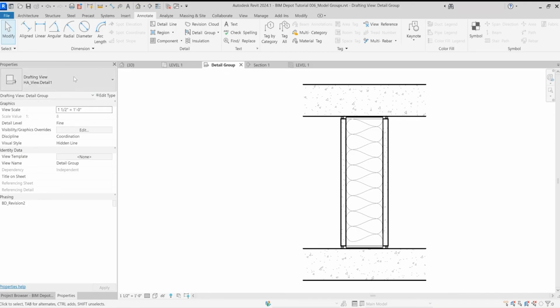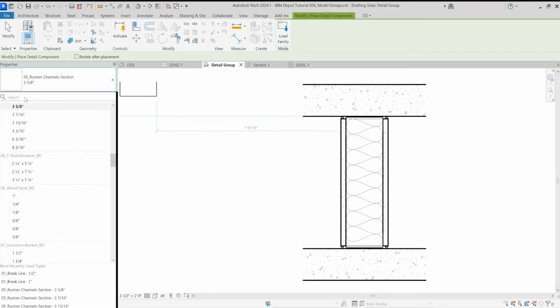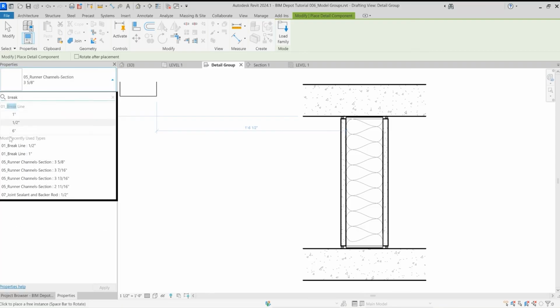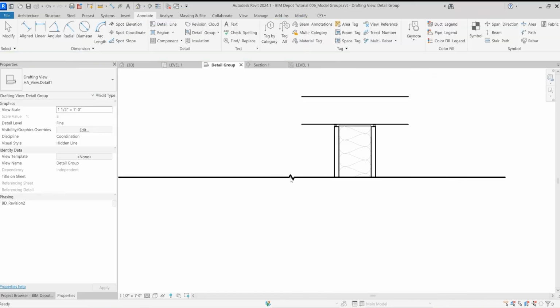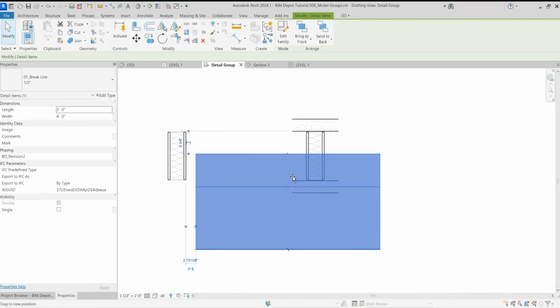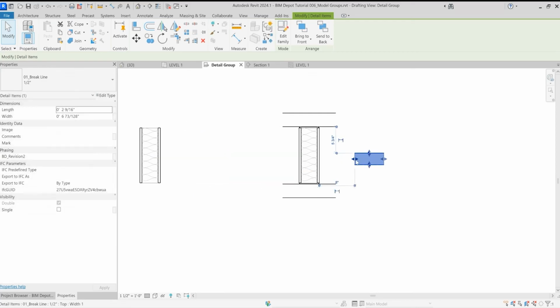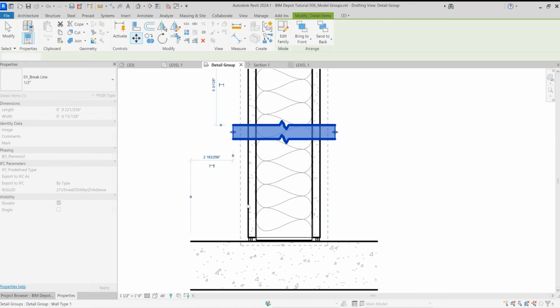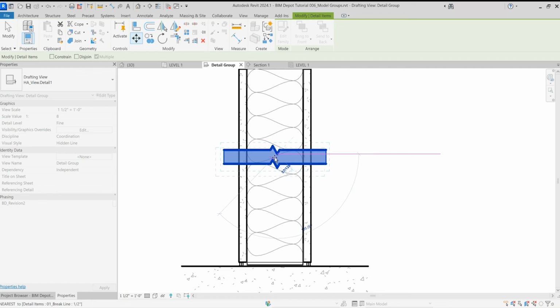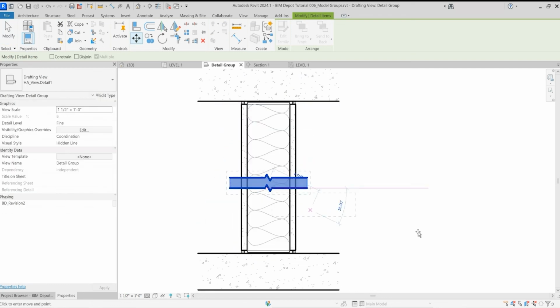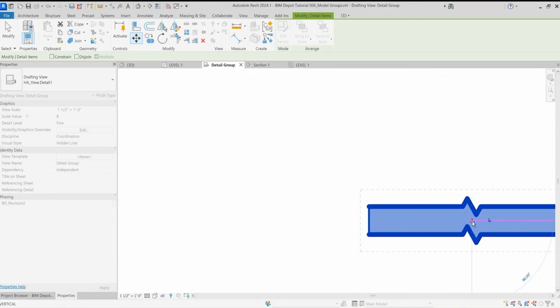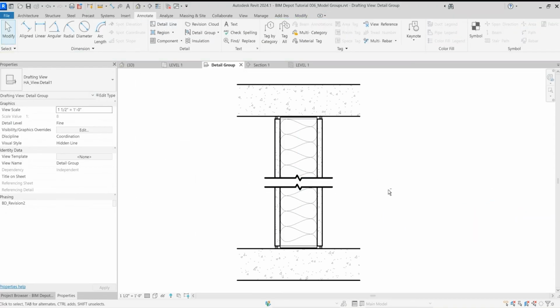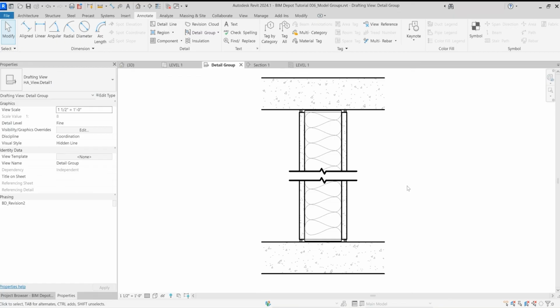So one other thing here we actually might want to show is a